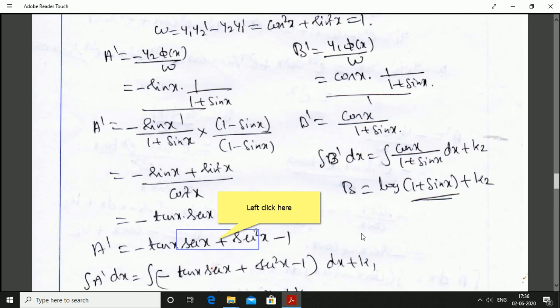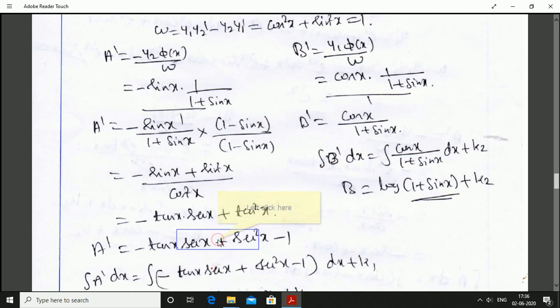On rationalization, divide and multiply by 1 minus sin x. Why we are rationalizing this means just to make it an integrable function. Numerator is minus sin x plus sin square x divided by denominator, which is a plus b into a minus b. It is of the form a square minus b square: 1 minus sin square x. 1 minus sin square x is cos square x. Split this term. Minus sin x divided by cos square x is minus tan x into secant x, plus sin square x by cos square x is tan square x. Okay. Tan square x is directly not integrable. To make it integrable, write it as secant square x minus 1. All the terms in a dash are integrable.